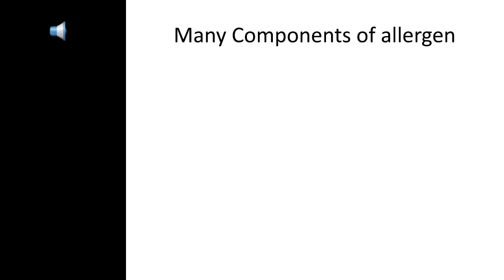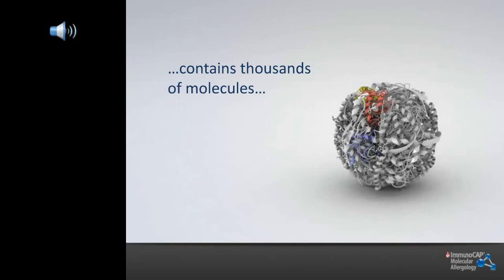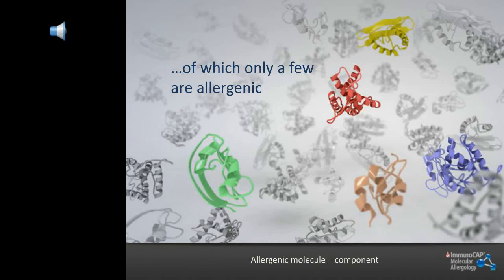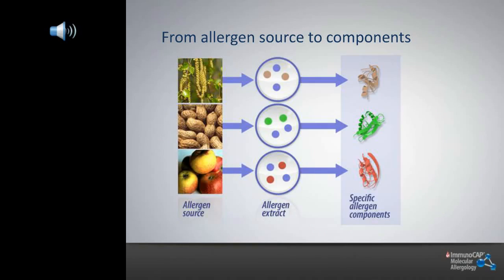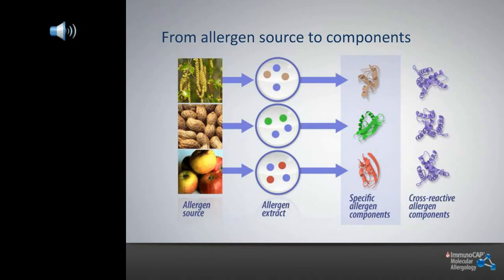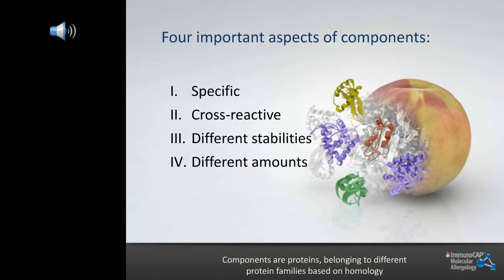Phadia once again has allowed me, or their local representative has allowed me, to use these slides. It's some slides I just got out because I thought, well, let's paint the rosy picture and then slightly demolish it. So essentially, as you know, an allergen contains thousands of molecules, of which only a few are allergenic. And you can actually extract specific allergen components from the allergen itself, and you can distinguish between specific allergen components and a whole lot of components which are cross-reactive, and the assumption is that the important